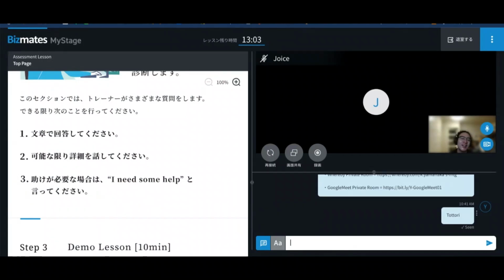Oh, okay. So is that where you were born? Yes. I was born in Tottori, and in 2000 I moved to Tokyo from Tottori. All right. So can you tell me what's the most famous thing about your hometown? The big sand dune is very famous. Okay. So can you tell me what kind of company do you work for?